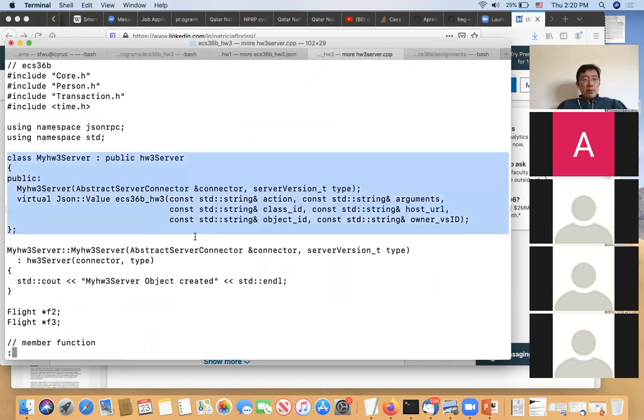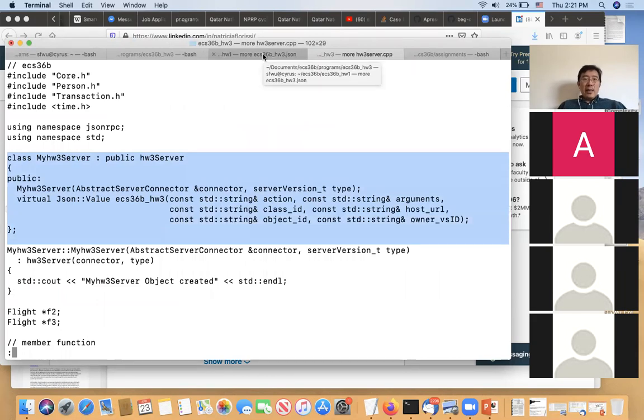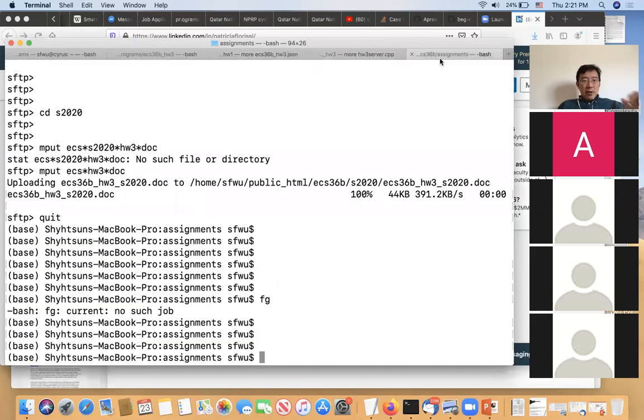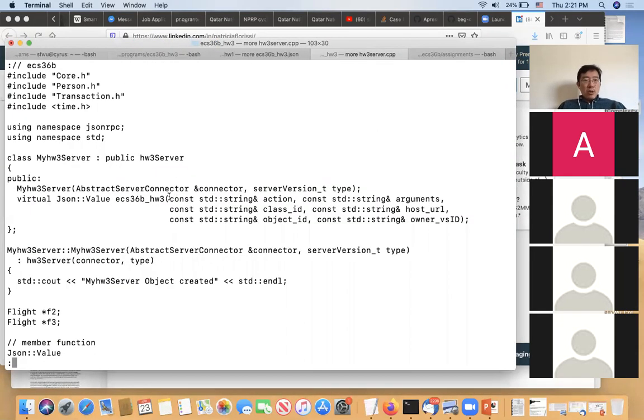You see that this part of the code was the server part. It has 1, 2, 3, 4, 5, 6. It matches what you have, but in a different order: action, owner VSID, host URL, class ID, object ID, arguments. That matches all six, but the orders are different. The order is different not because of me, but because of the